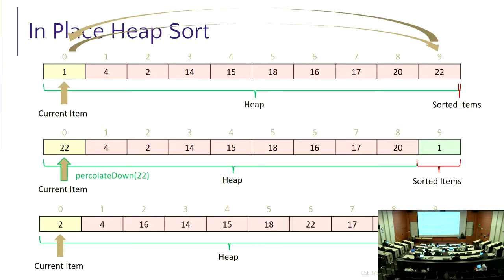And then I'm going to do the exact same thing where I am going to remove min on 2, which means I'm going to take this 20 and swap it into the 0th index, which frees up the 8th index, and I'm going to put the 2 over there. And then I'm going to reduce the heap size by 1 and increase the sorted items by 2, so that as we continue to iterate, eventually what we will have is a shrinking heap and a growing set of sorted